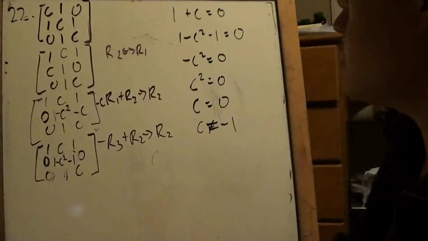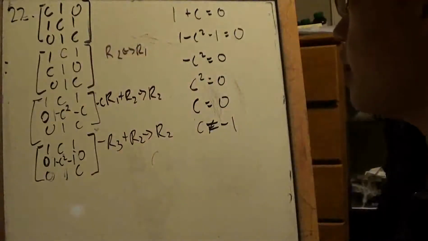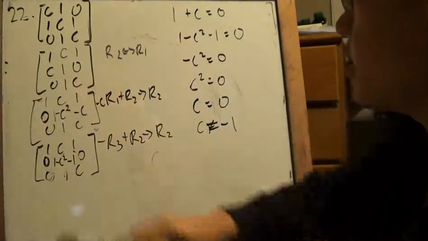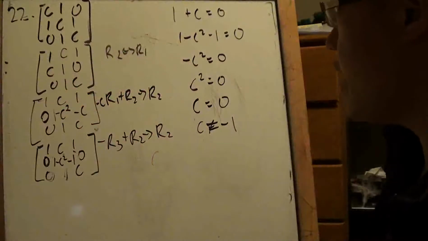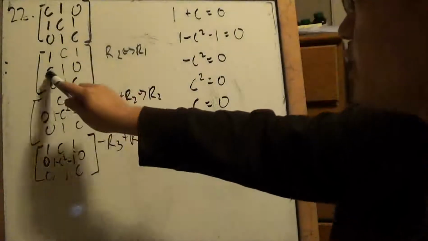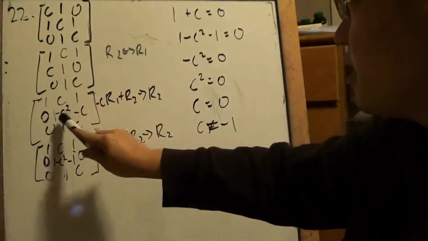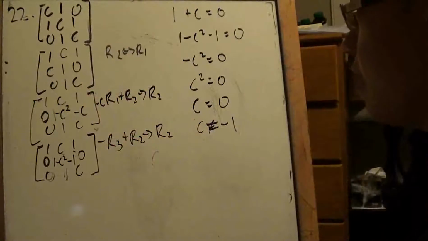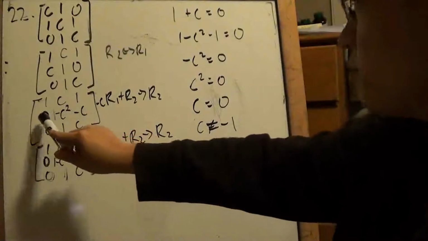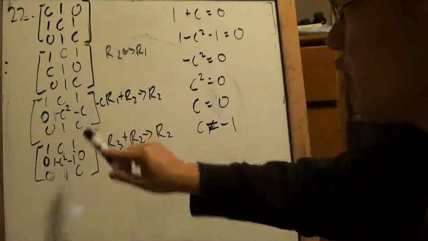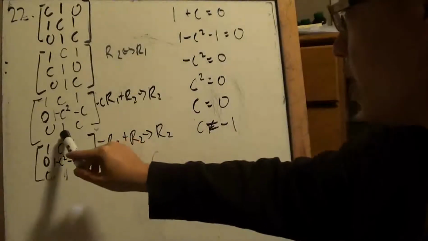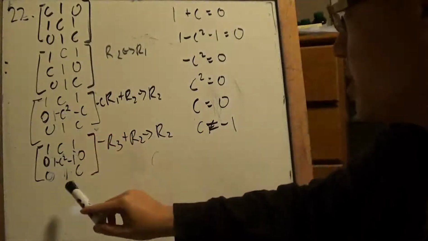So let's proceed. So we have this, and the original one, and basically I just flip the second row with the first row just to have that leading coefficient right on top left. And then I want to get rid of that c, so I just times the first row by negative c, which cancels this one out, but makes this one a little bit ugly, but that's okay. So I have 1 minus c squared, and then negative c, 0 in the first column for the first row. And then what I did was I got the third row, times it by negative 1 and add it to the second row